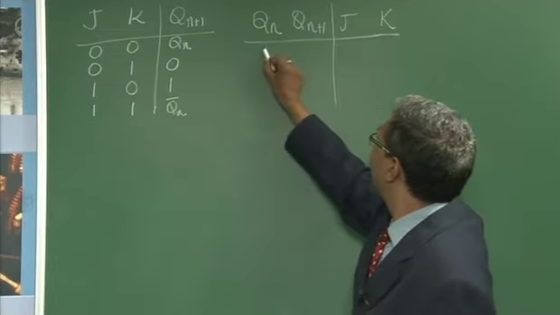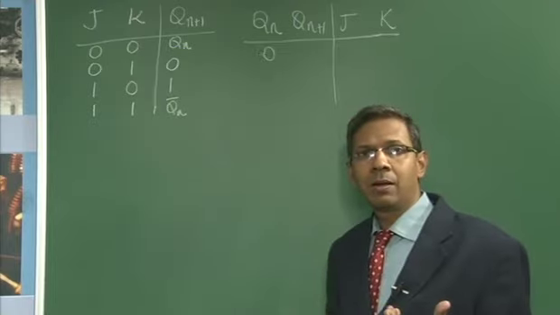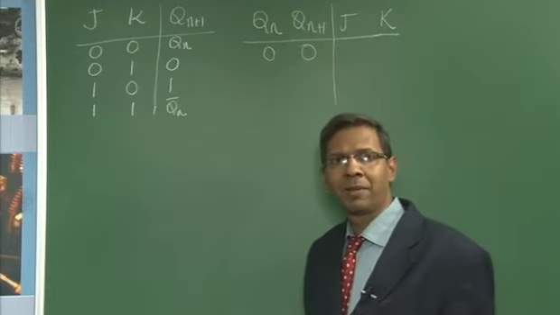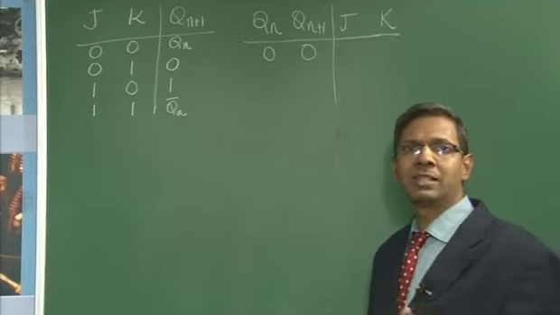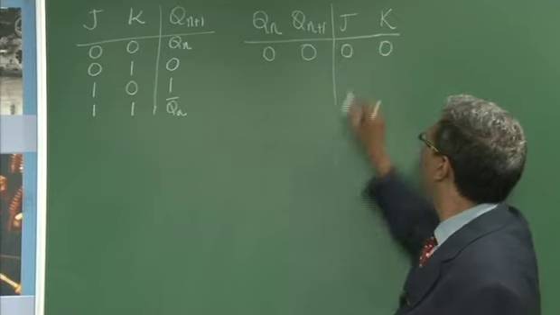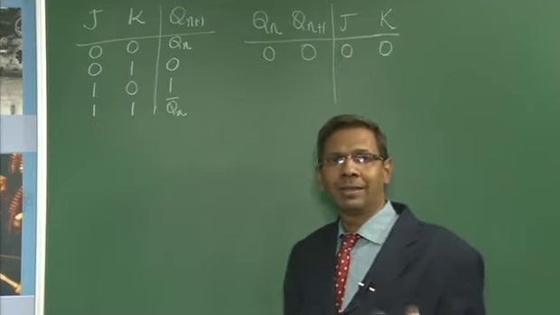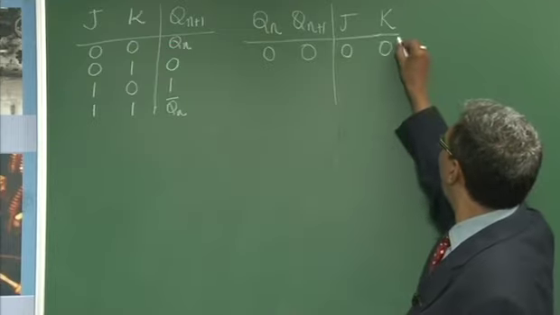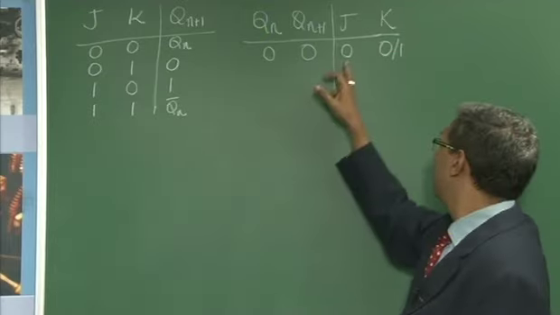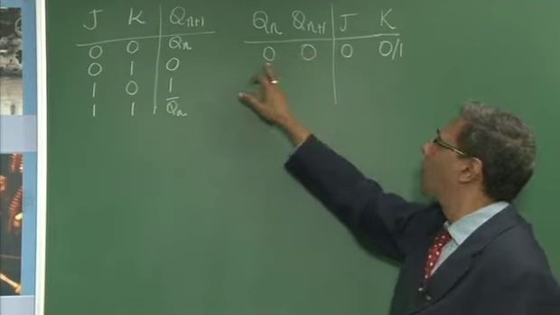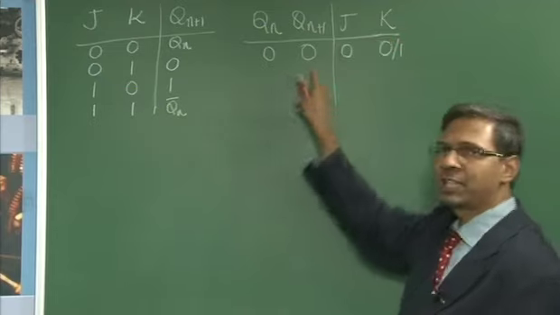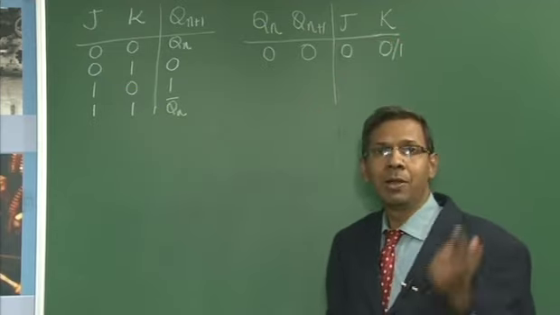Now let us say the previous value was 0, and the next value continues to stay at 0. So what are the possibilities now? All of us will jump and say it's a memory state, so let both J and K be 0 and 0. But is there another possibility? Yes, if K were to be 1, will it still be 0? If J is 0 and K is 1, what will happen to the next output? The previous output was Qn. If I make K 1, the next output is also going to be 0. That means I am going to clear. So the possibilities are